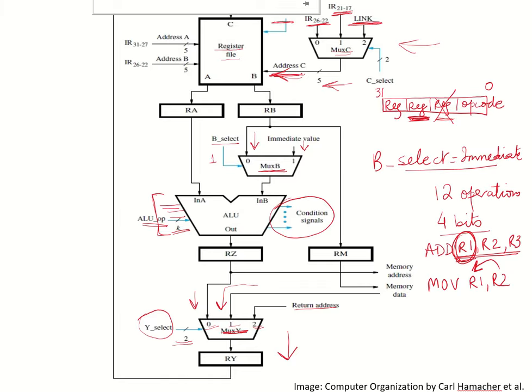So these are all the control signals for the data path of the processor. Here at the input port you can also see the input addresses of the 2 registers. In case it is a 3 address instruction, there will be 2 source operands, so they will be available in these bits, which are bits 22 to 26 and bits 27 to 31. So these are all the control signals of the data path.